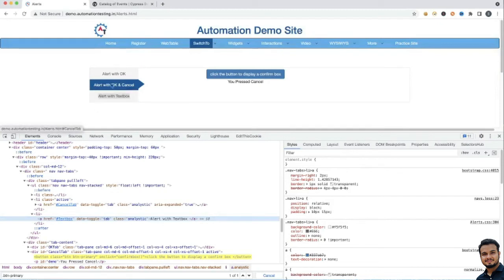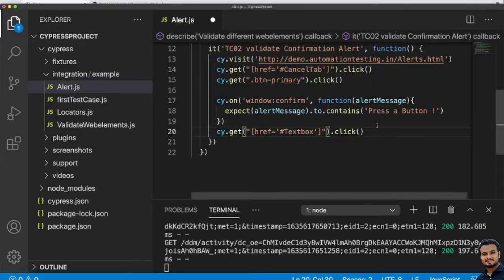Earlier we were clicking on this, then after handling the alert we should be able to click on this second one. So now we are handling this second one, the confirmation alert. Once we are able to handle this confirmation alert, we should click on this. So we will be able to know that practically it is clicking on that. That's why I'm just clicking on this, nothing else, right?